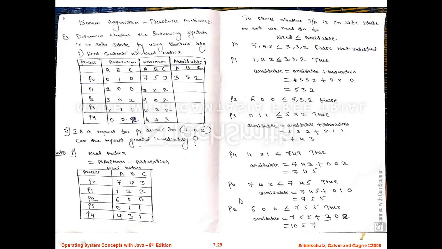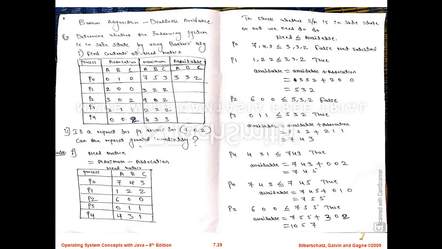Then coming back to the next execution, P0 failed and P2 failed. So out of these two, check which is less, or we can go like this. We have come in this direction, that is P0, P1, P2, P3, P4. Like this we have started coming down. Now we will go back like this. P4 is already over, P3 is already over, which is remaining? P2. Then P2 we need to take now.